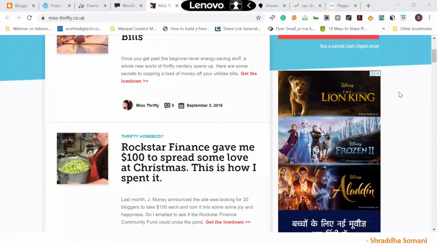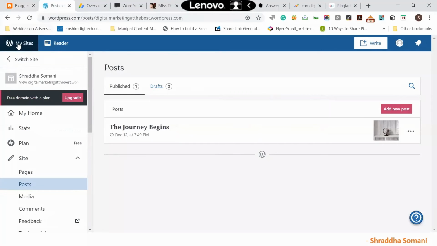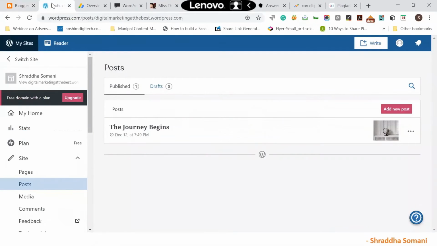But if, for example, you are creating Travel Way and you are not purchasing hosting, you are using a server of Google or Blogger, and you are hosting it the same on WordPress with the same name, then it is okay, because over here the name of my domain will be travelway.wordpress.com, and for Blogger it will be travelway.blogspot.com, right? So domain names are different. But if you have registered a domain as travelway.com, then you cannot have it on both, right? You need to have it on any one.